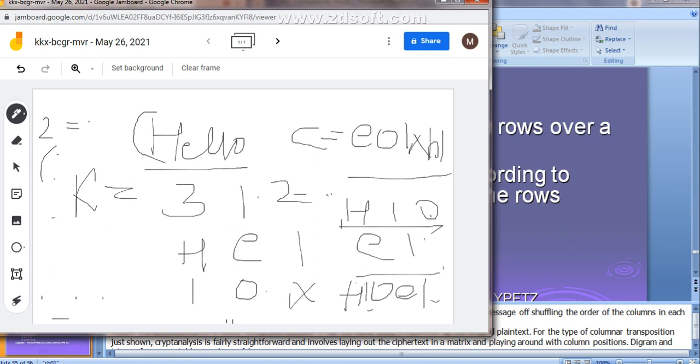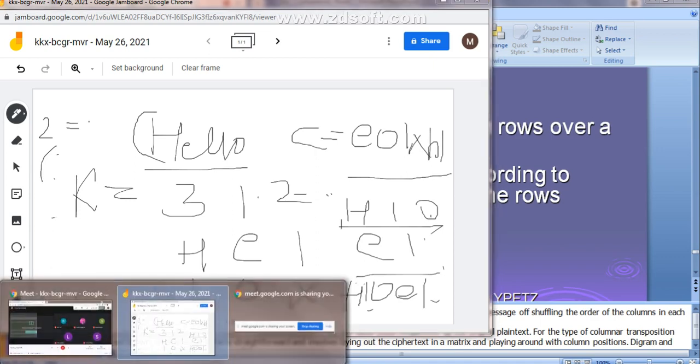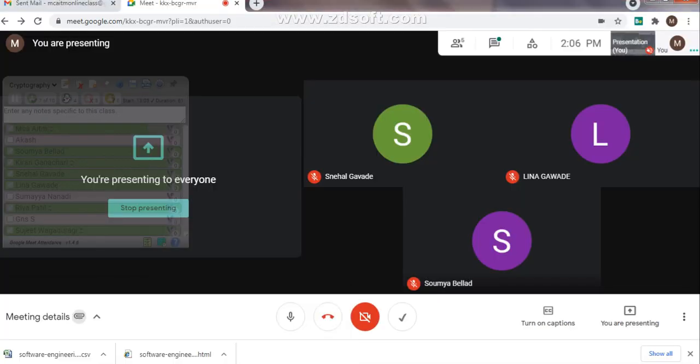This is the second type of transposition technique. Is that clear? Row transposition technique. Both the transposition techniques are clear? From the same example, you do the rail fence.